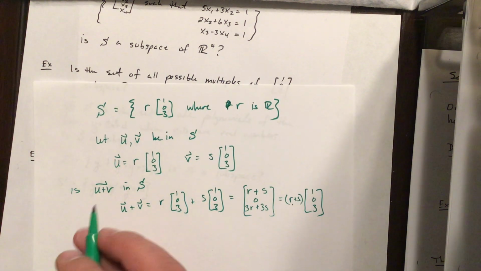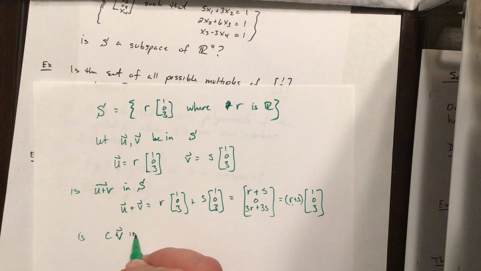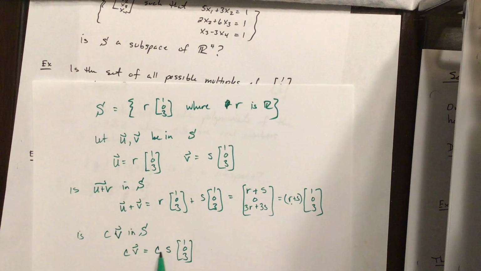Now what about scalar multiplication? Is c times v in S? Now remember, v was the vector s times (1, 0, 3). So if I take a scalar and multiply it by s,